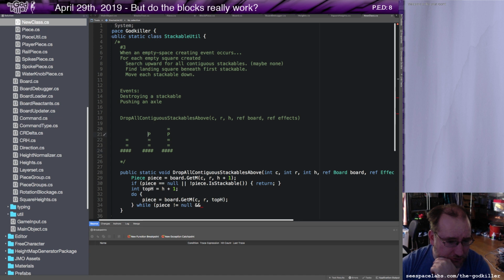So in this case, if we remove the bottom equal, I want this equal stackable to fall. I also want this guy to fall. But since I know that this case can never be, if I ever find a non-stackable at the top of some stackables, it will always be the last